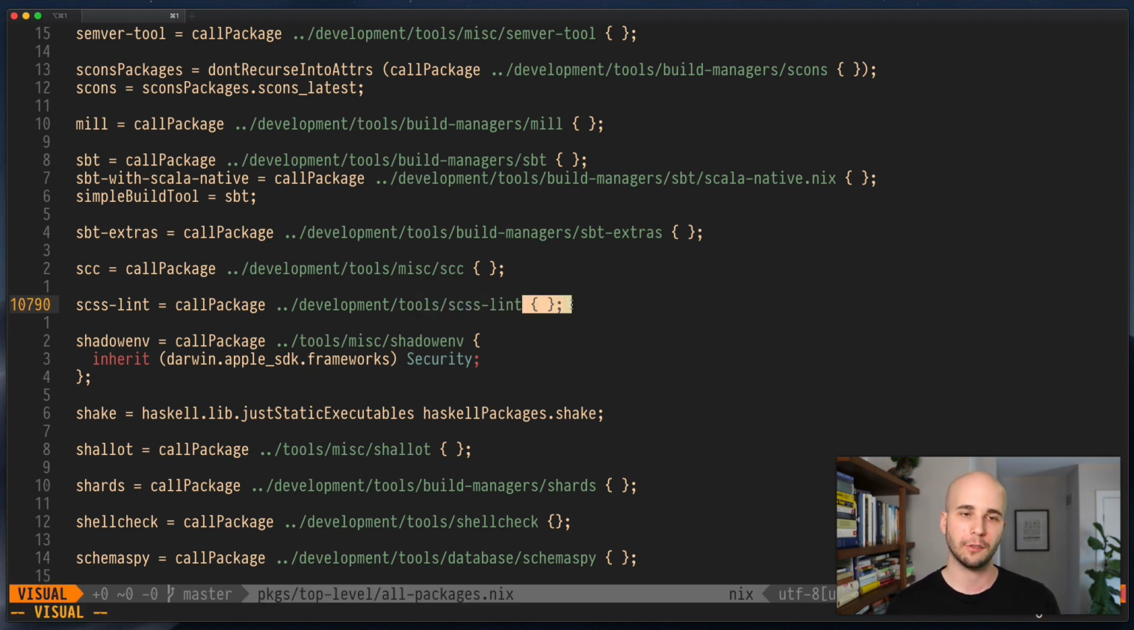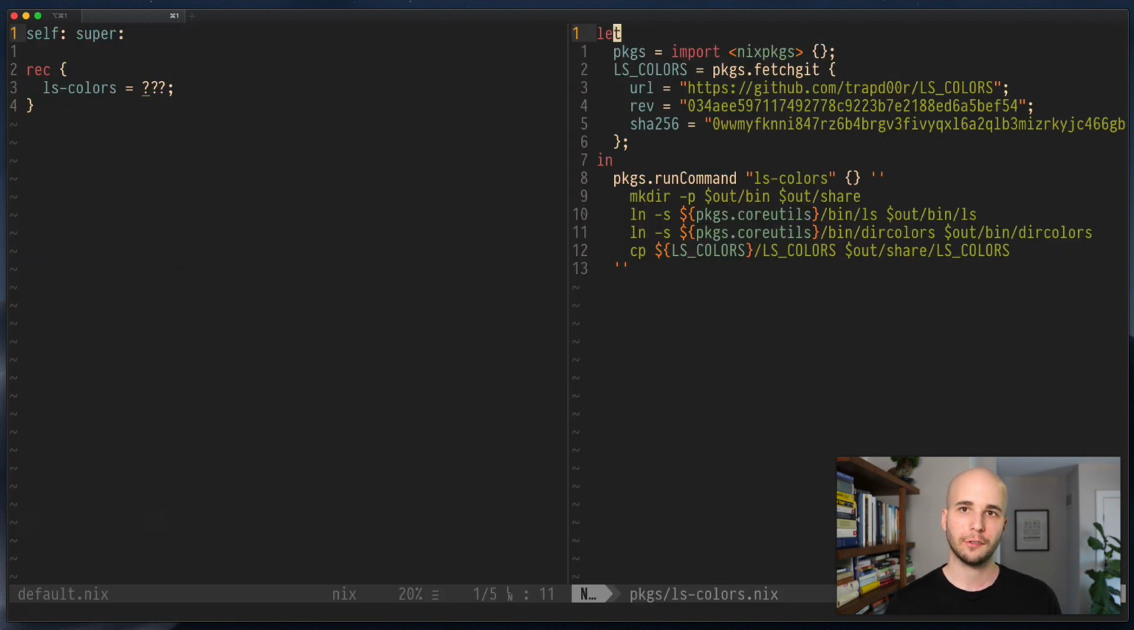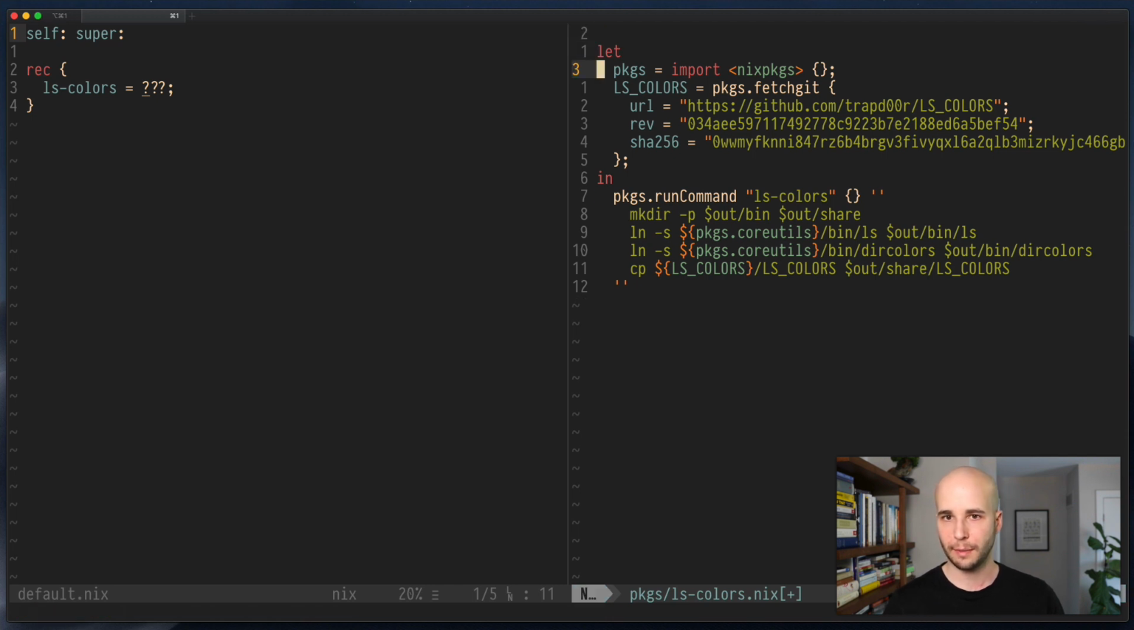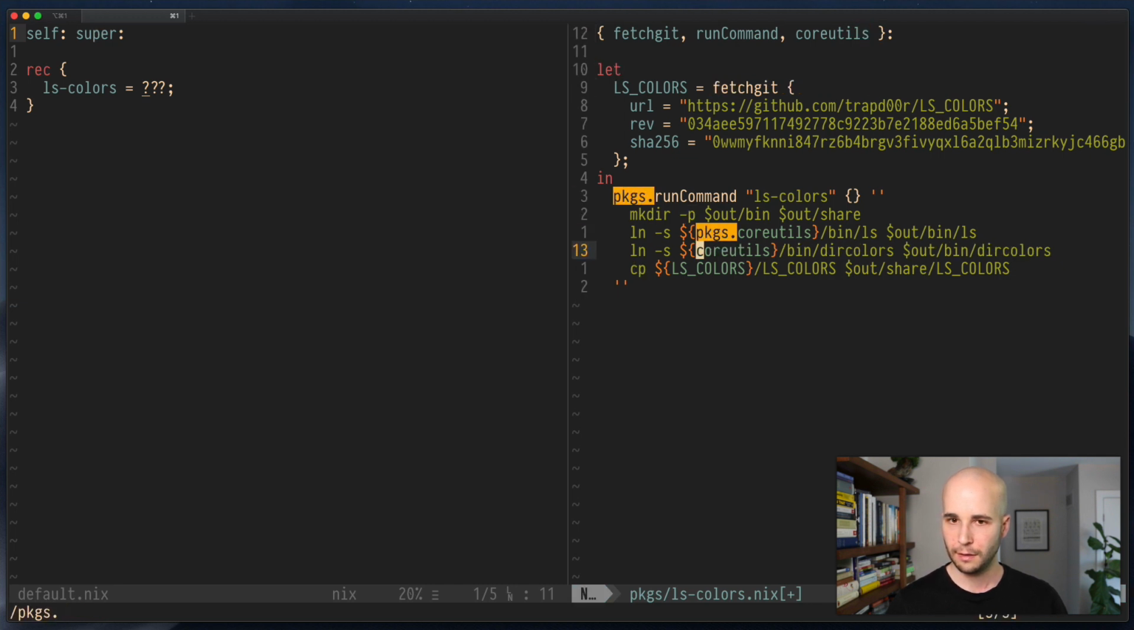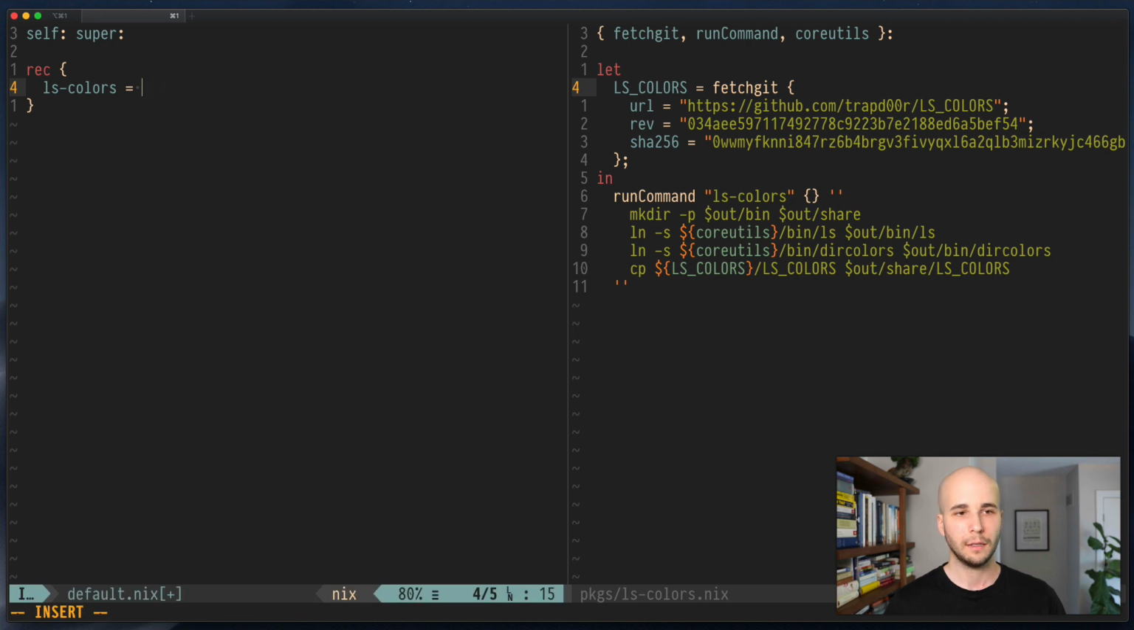And what call package does really is just to look at the names in that signature and pass the corresponding things from Nixpkgs in. So in this case, rather than importing packages, let's stop doing that. Let's create this function signature and we'll say, okay, well, we want fetch get, we want run command, and we want core utils. And then there. So this might be right. So then this is going to be call package of packages